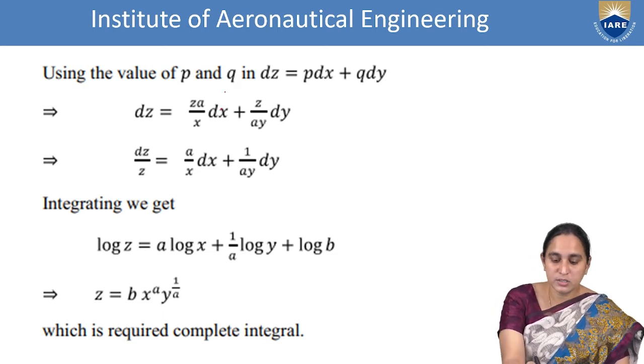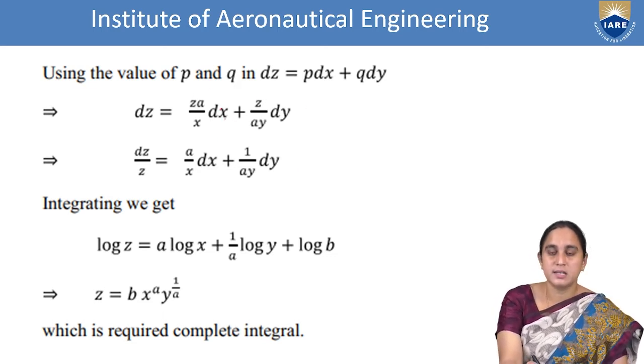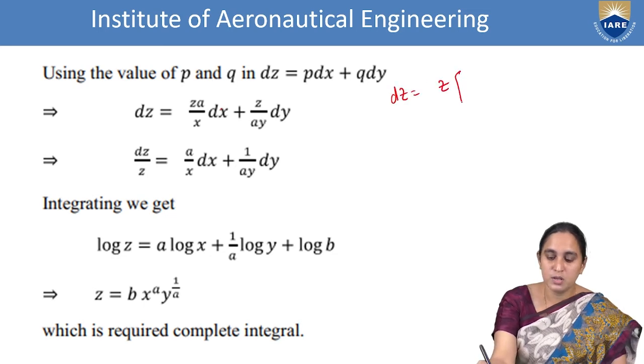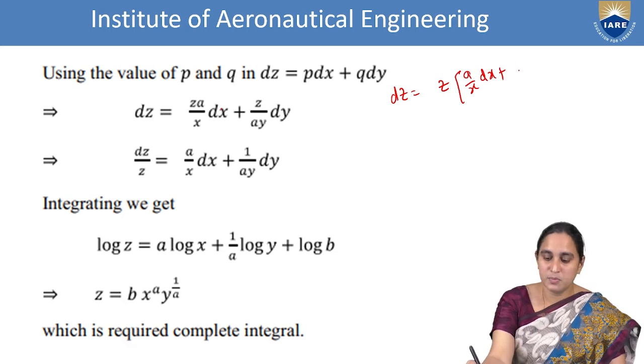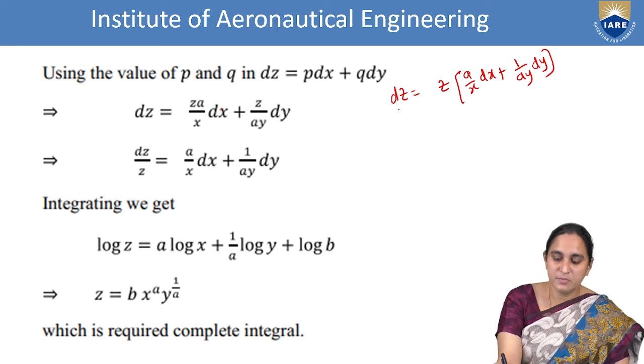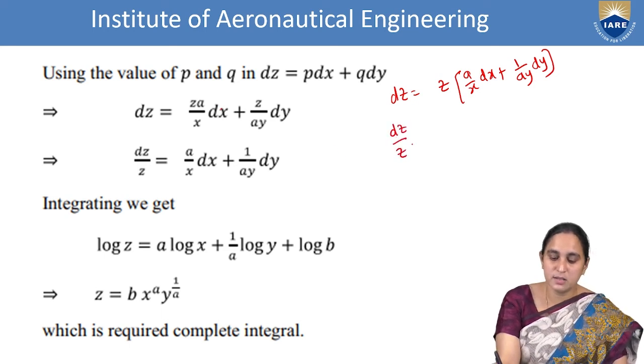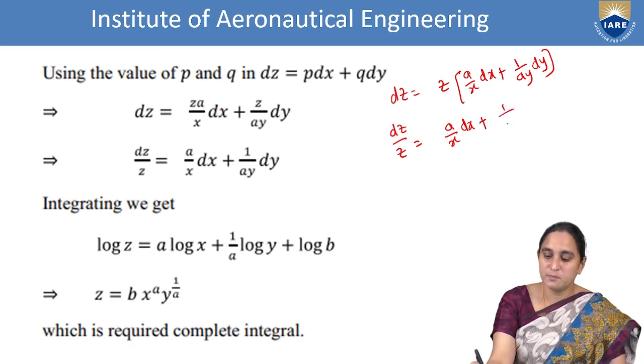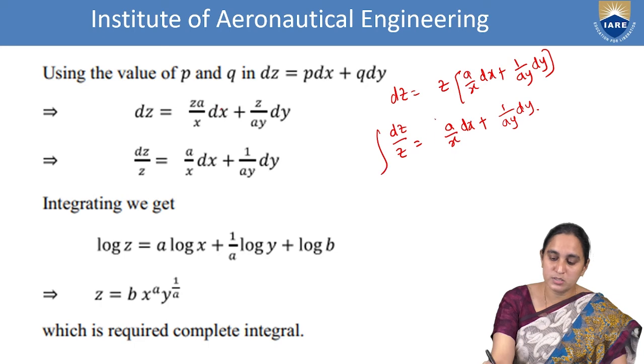Then what is common on the RHS side? z is common, so dz is equal to z into a by x into dx plus 1 by ay into dy. From that, dz by z is equal to a by x dx plus 1 by ay dy. Now integrating on both sides,